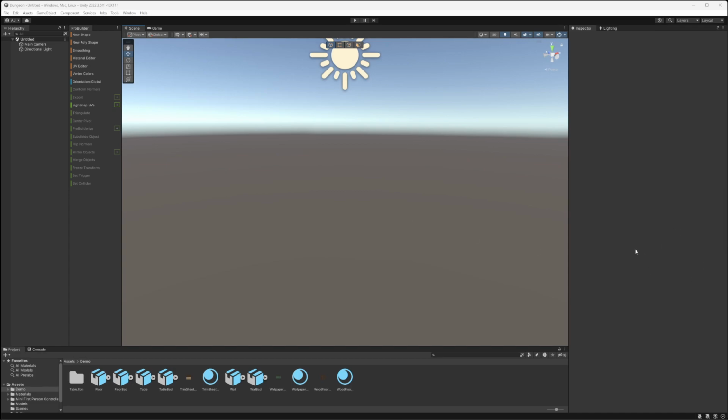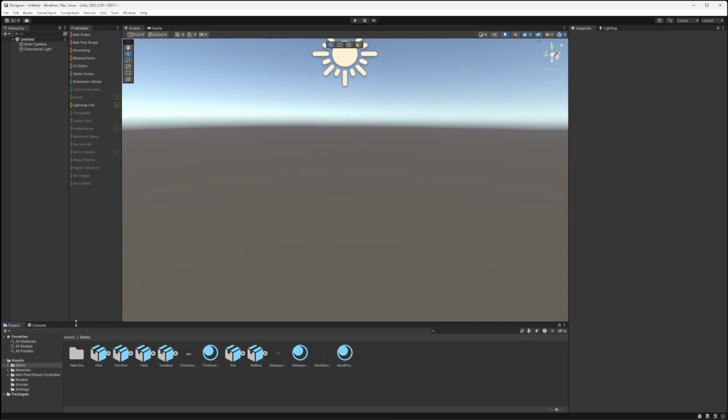So for our project, we need to create a room that has 4 corners that demonstrate different composition and color theory. So I'm going to step you through setting up the corners with the Probuilder, as well as having some very basic colors on here to kind of get you started. I did just grab a random project I have, so I do have some folders in here already, but